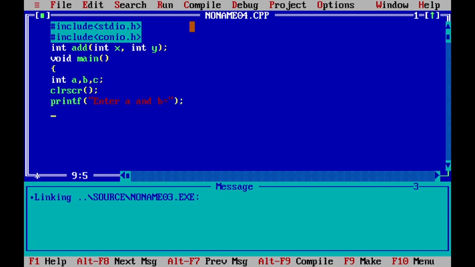Okay, scanf %d %d, &a and &b, then write c is equal to add(a, b). So we pass the argument from the main function and want to print the addition returned from the user defined function. So printf addition is equal to %d, c, getch.